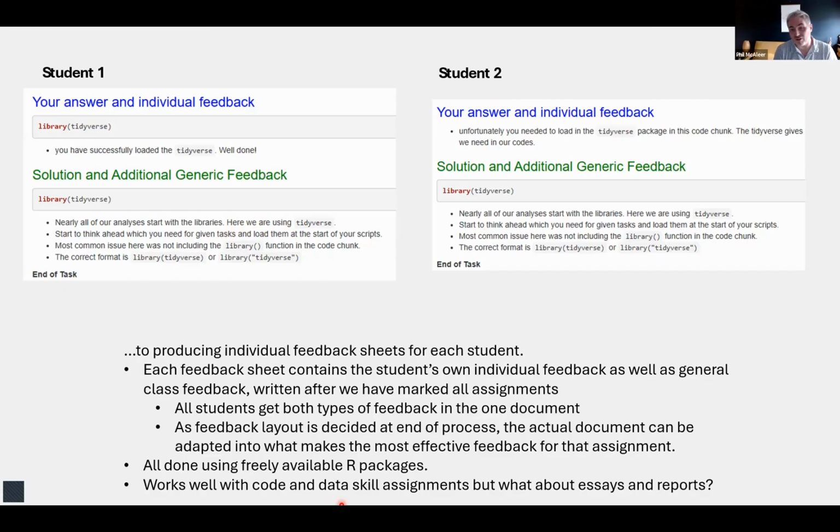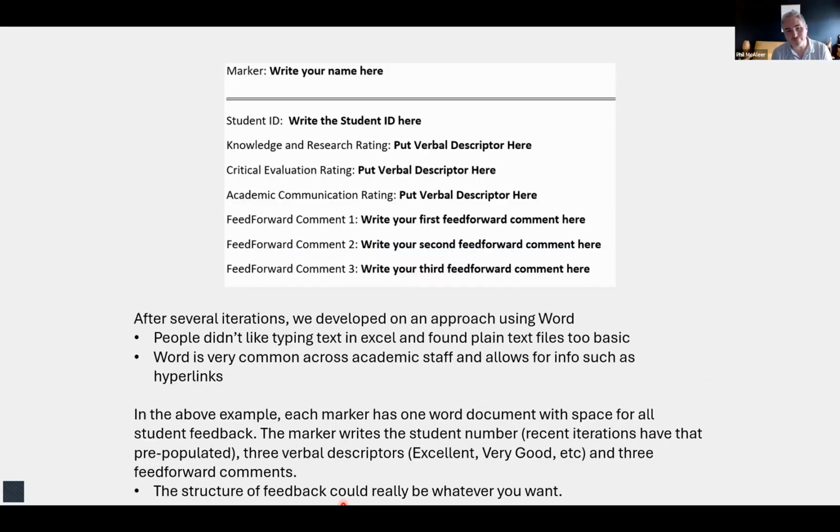And what we've been working on is to see if we can do something similar with that style of assignment. This has been a series of a few years over several iterations, and we've finally settled on an approach using Word. And this is the template we've been working on up the top here, where the marker will write their name, they might add the student ID, although in more recent versions we've actually got the student ID directly in the file for the marker,